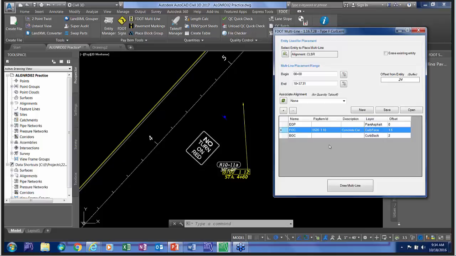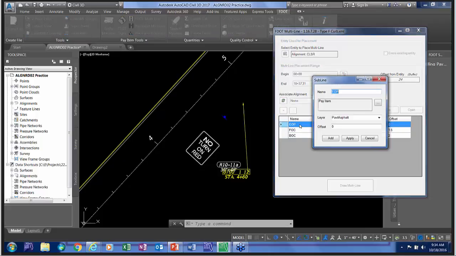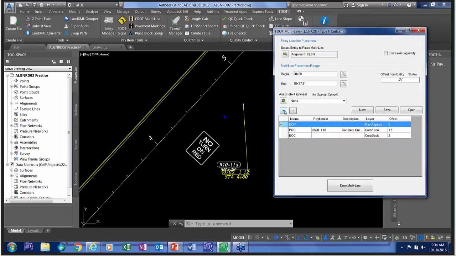Now you can create your own patterns. You can save them to reuse later, or you can take existing patterns here and modify them. And to modify them, just double click and the subline dialog box will come up, and you can add or subtract sublines. You can control